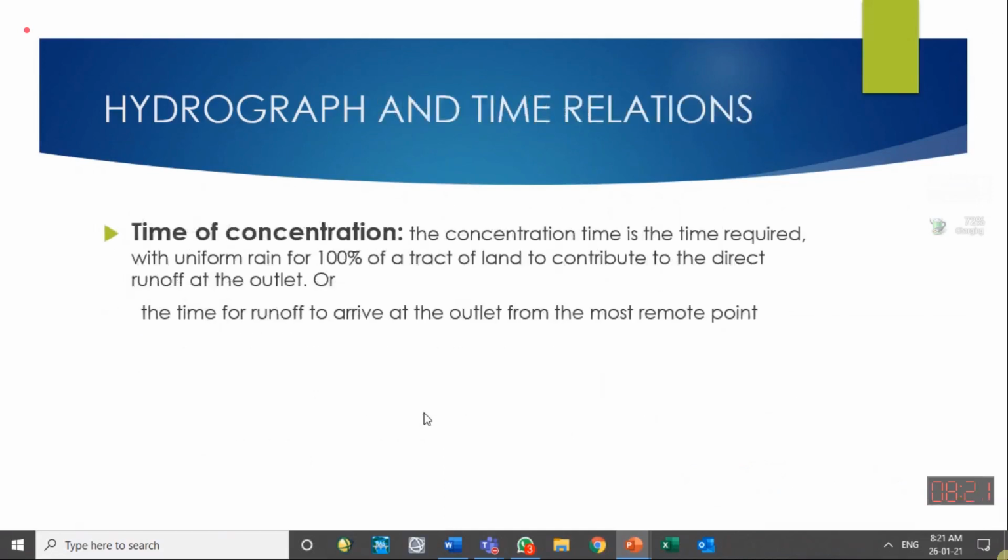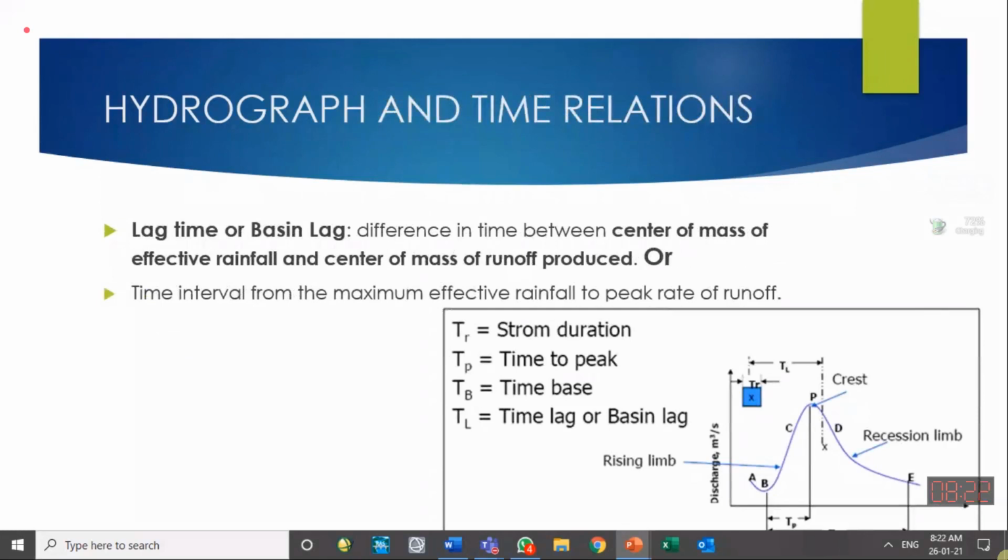So this is a more logical method, because the reason is that the base flow is generated by the groundwater flow, and after the rainfall occurs, the groundwater is also recharged. After the rainfall occurs, it is not only the direct runoff which occurs. The base flow, the groundwater level, is also recharged and goes up. So a little bit higher value should be expected from the base flow when direct runoff stops.